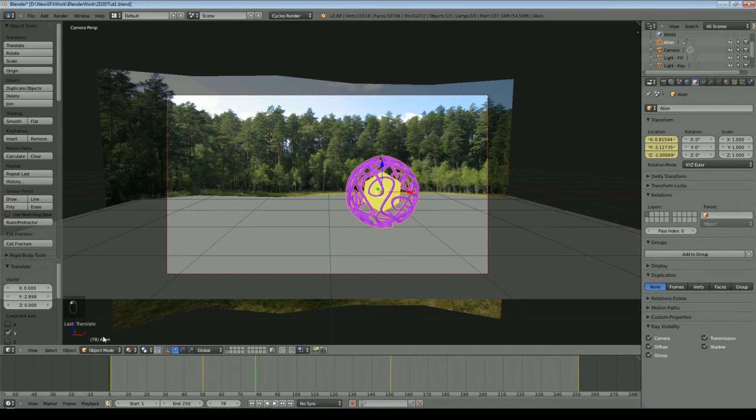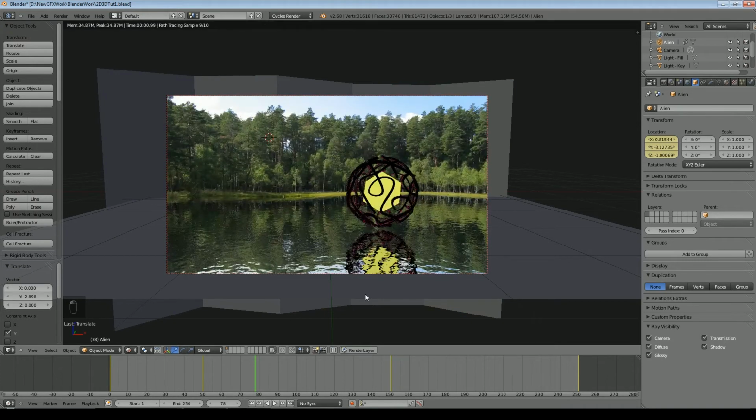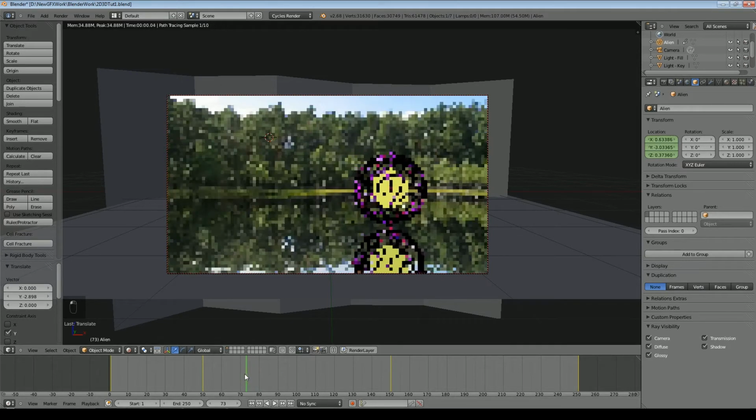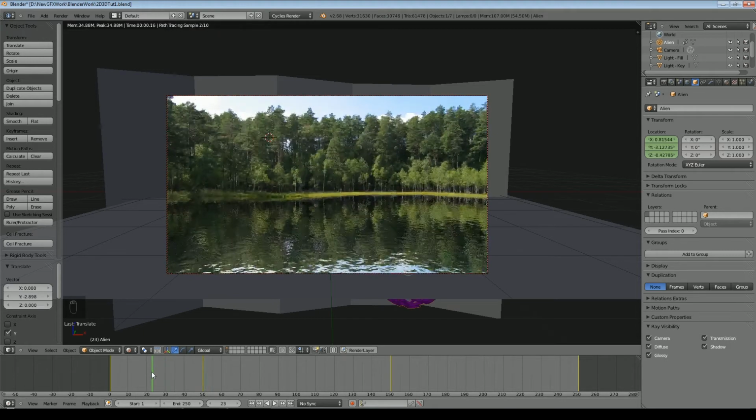And if we stop that and just have a quick look at the rendered version, obviously we need some lights in there. Now I've got some default lights set up, but those obviously wouldn't be right for this particular scene. They're just some general lights. You need to make the light match as best as you can the background, and we'll do that in a moment. But you can see that's sort of roughly approximating it, but we've got nothing that links that object to the water. Even as it comes up through the water, there's no impact of the object on the water surface. So we'll do that next.